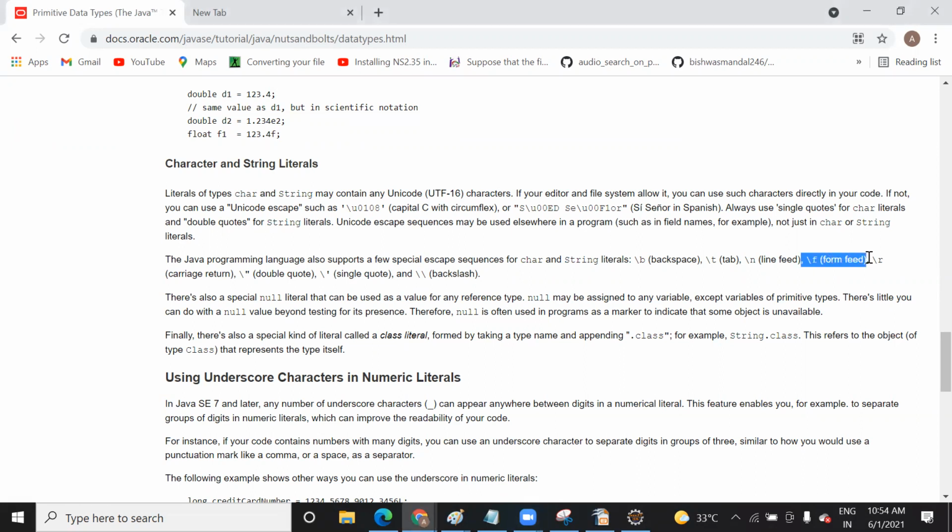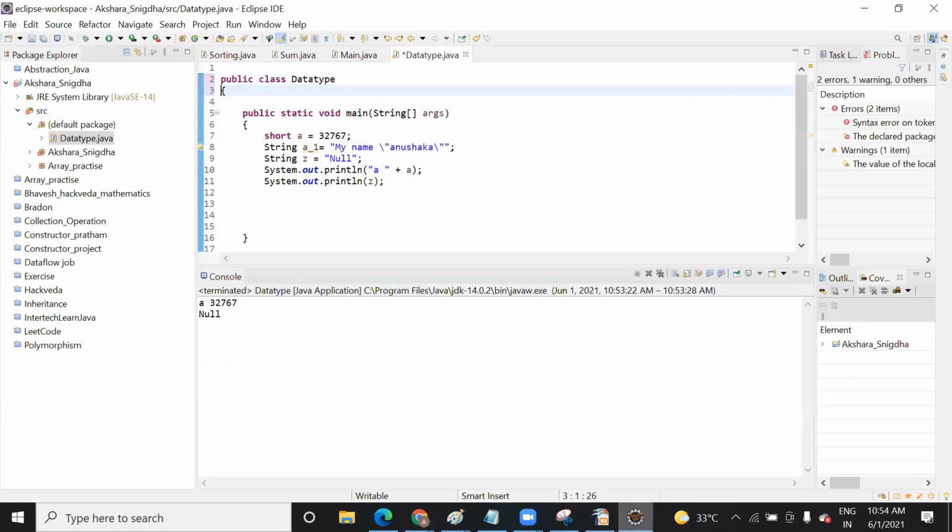Yeah. These are the different escape characters that are there. Exactly right now I don't remember the form feed, but I know they are used for things like backspace, space, and if you want to enter a new line. And slash f is a form feed, one more kind of escape character. It's not used much in programming, but okay, let me show you what this is.